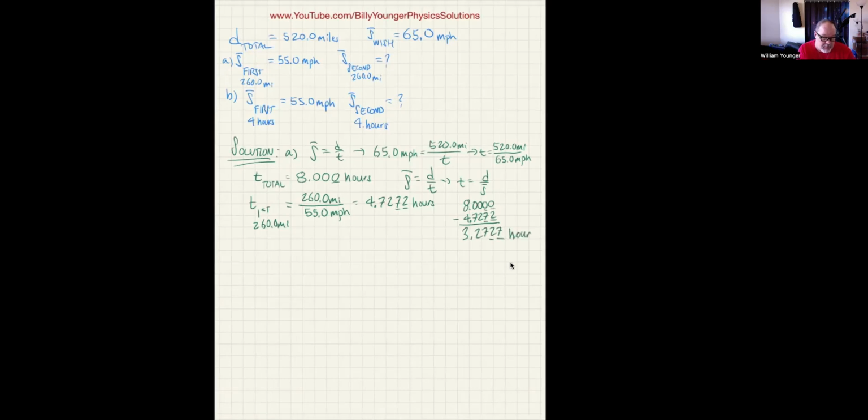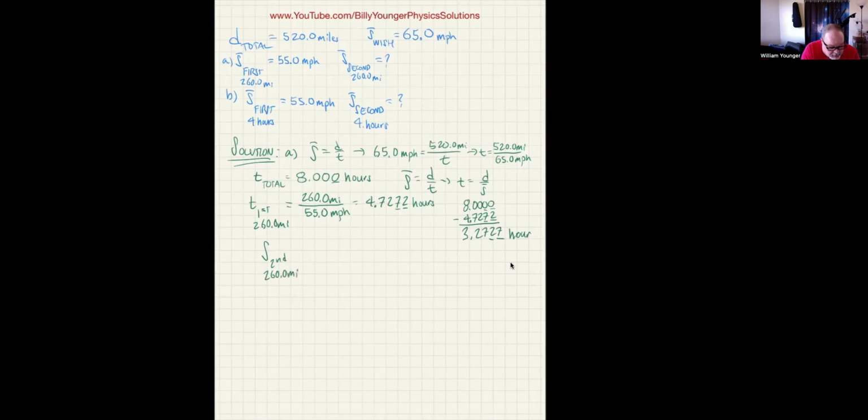So we have 3.2727 hours remaining for the 260 miles we got left. Let's now compute what that average speed must be. So finally, for part A, the average speed for the second, which I'm going to write again slightly differently just to save some space, for the second